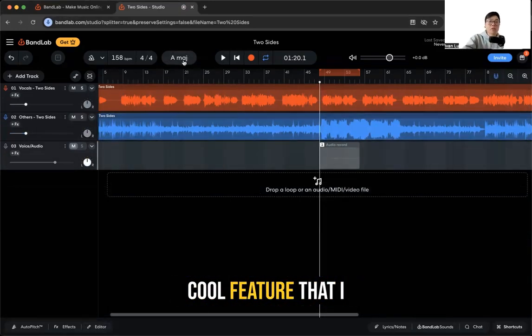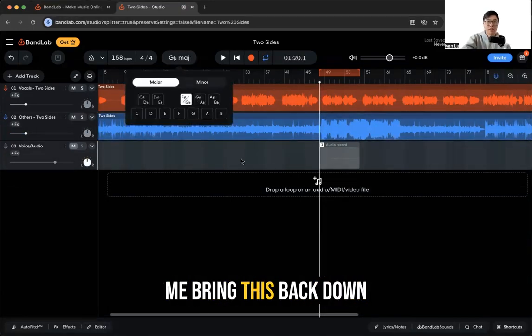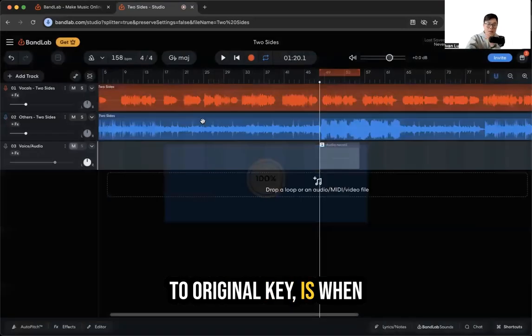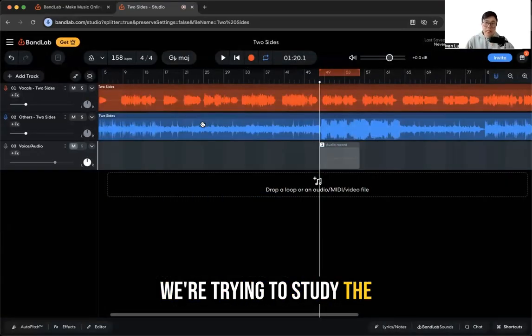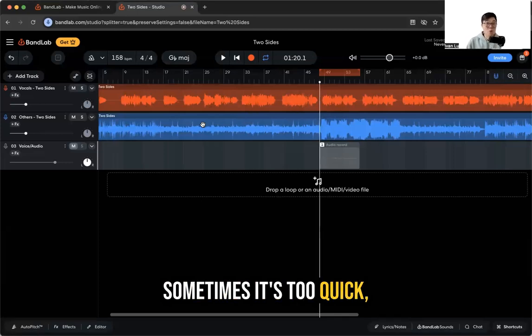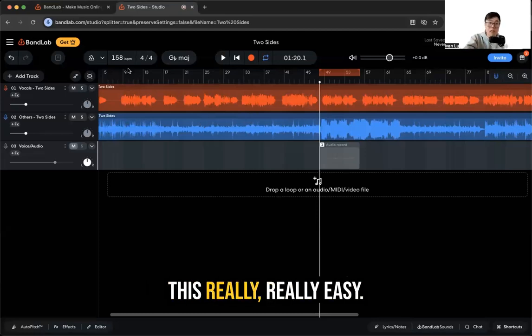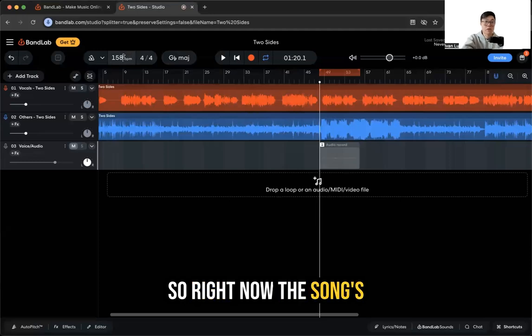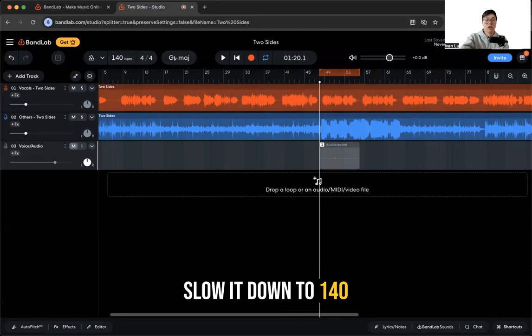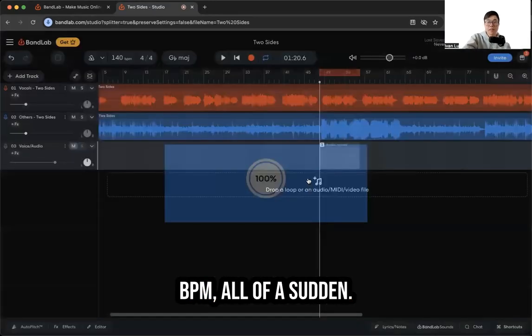Now, one other really cool feature that I personally like, now let me bring this back down to original key, is when we're trying to study the details of a track, right? Sometimes it's too quick, right? There's just so much stuff happening. Now, BandLab has also made this really, really easy by allowing us to change the tempo, right? So right now the song's at 158 BPM. But if I slow it down, let's say slow it down to 148 BPM, all of a sudden,